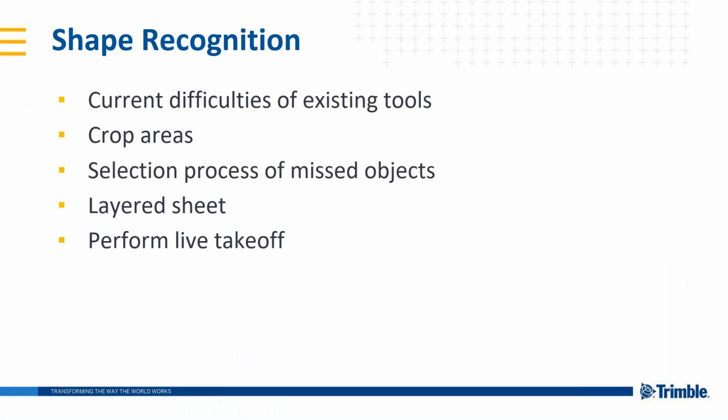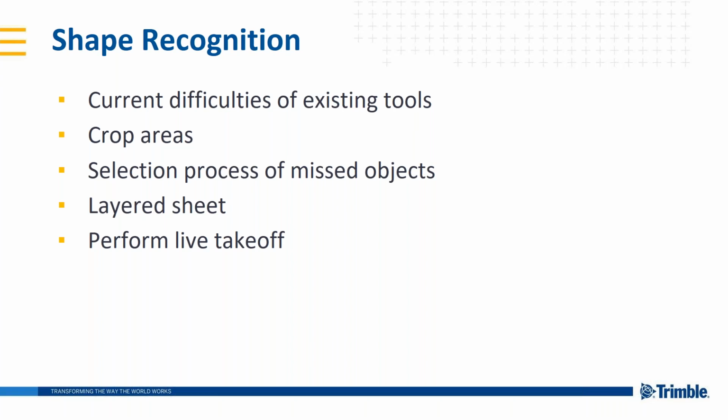Shape recognition. I'll come back to that and show it in electrical, but let's just talk about that. Shape recognition is where it identifies different areas, and you have the ability to crop an area that you want to look for things. It's more used in electrical. However, you can use it for diffusers and things like that as well. The problem is how much interference you have. If you have a lot of stuff on a drawing and so forth, how much interference is making that automatic